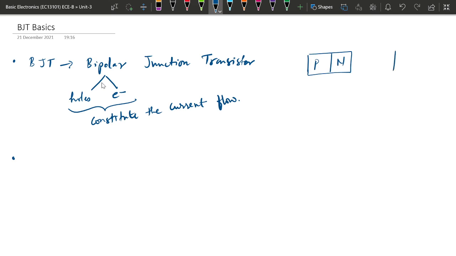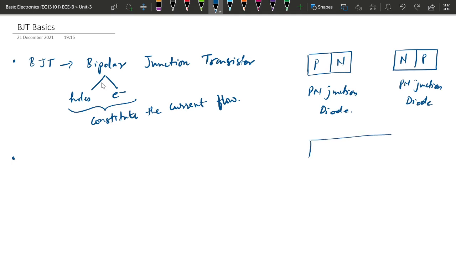This is another PN junction diode, suppose this is NP written. If we connect these two PN junction diodes, or you can say one PN junction diode connected with the other back to back,